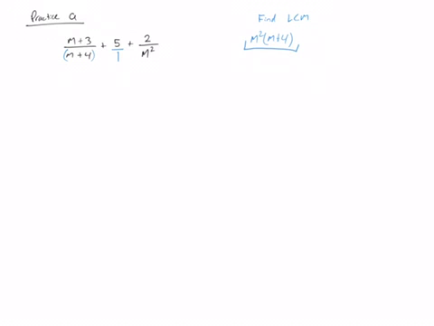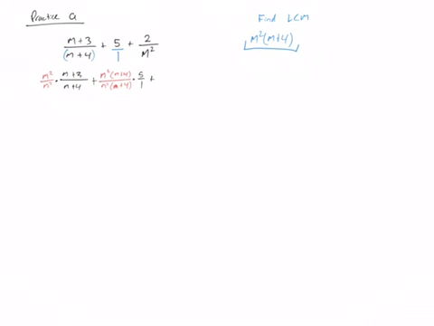To get this first one to look like that, I already have the m plus 4, so I'm going to multiply by m squared over m squared times this fraction, m plus 3 over m plus 4, plus, now since the denominator is 1, I'm going to have to multiply by all of that, m squared times m plus 4 over m squared times m plus 4, times 5 over 1,